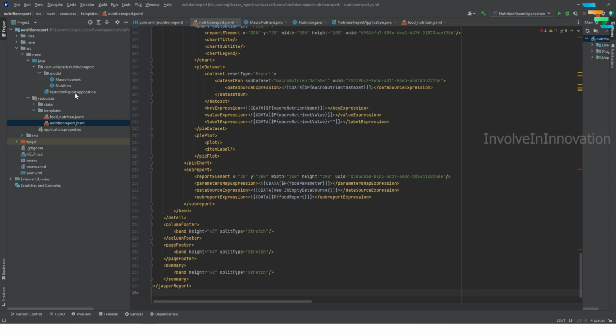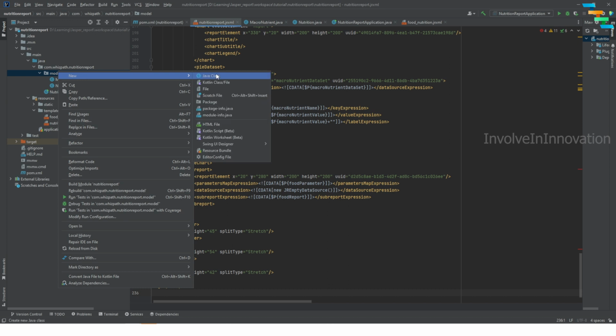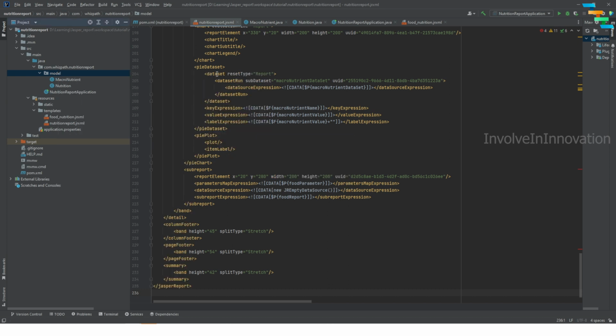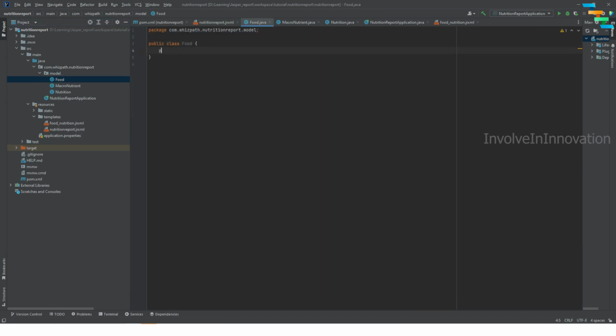Now we will start doing modifications in our nutrition report application. So here I will first create a new model. I will name this as Food Java class. The first one is private String foodName, and then the second one is private String mealTime, private int fat,